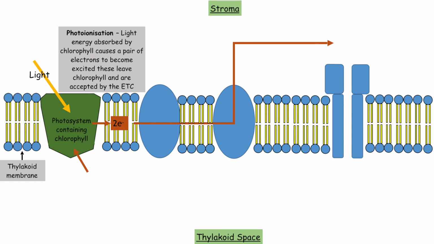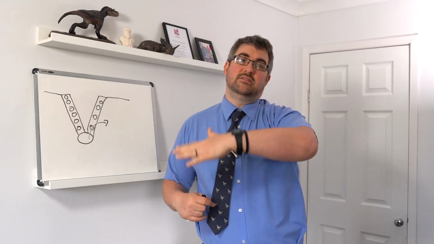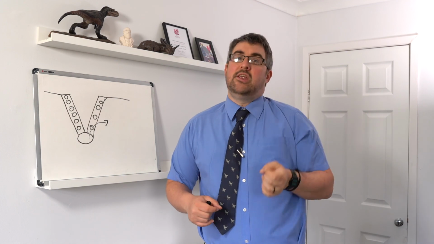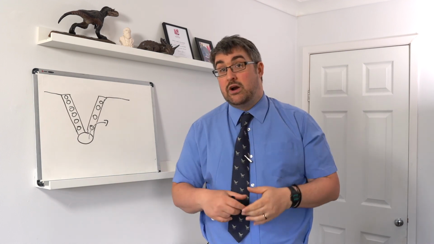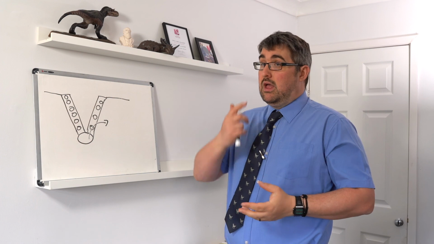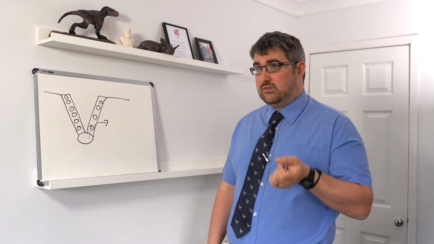Now, as they're passed, say the first acceptor gains an electron, it becomes reduced. When it passes it to the next, it becomes oxidized, and the next one becomes reduced. So we call this a series of redox reactions, reduction, oxidation, over and over again. And as the electrons are passed along the chain, they transfer energy, and they go down to a lower energy state as they go along. This energy is used in part to generate some ATP, okay,